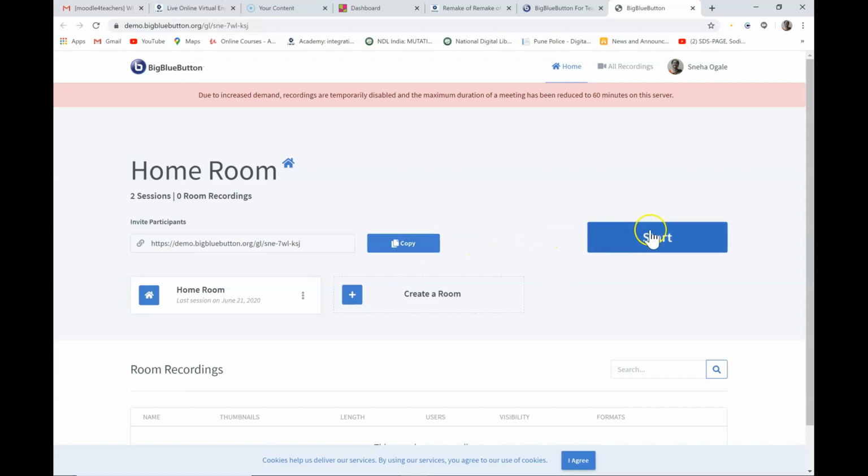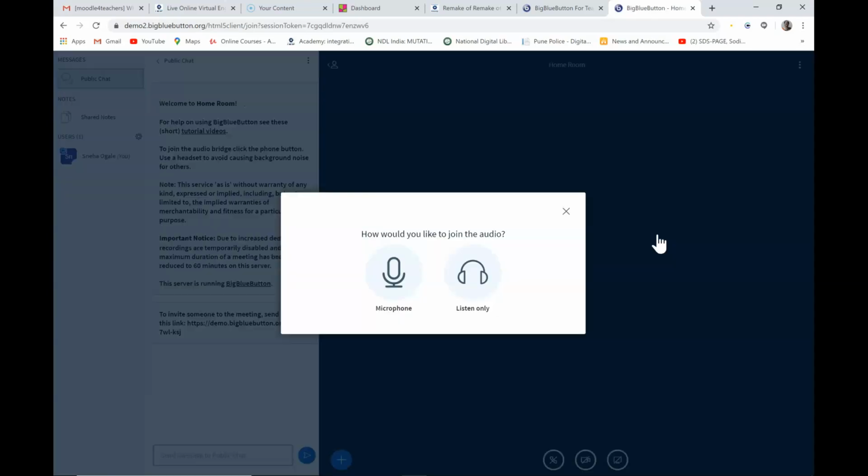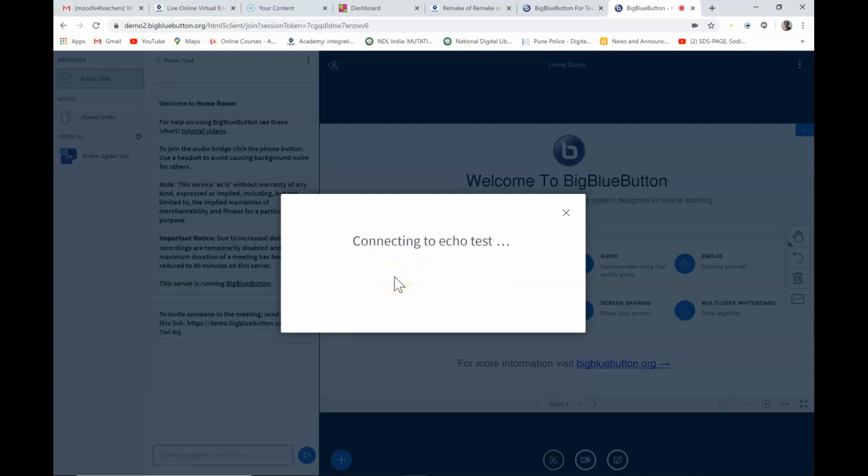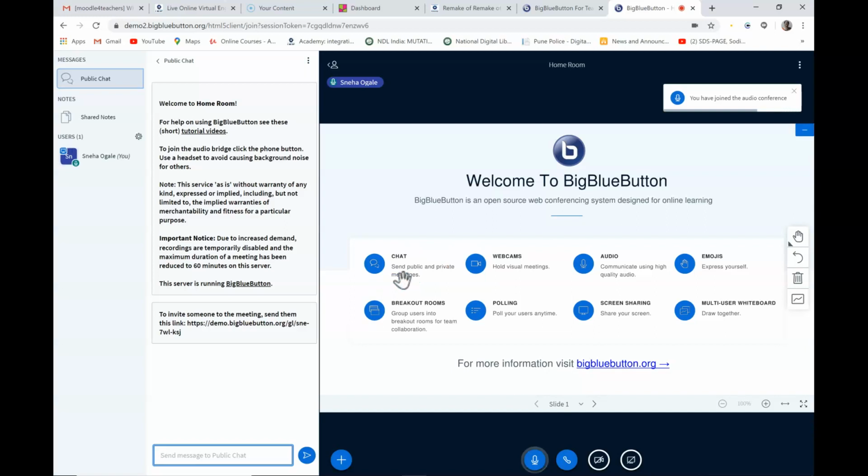If we want to start this instant meeting, we can click over here. Now we'll soon be in the BigBlueButton room. So it asks us whether we wish to join listen-only mode or use the microphone. It's always good to use the microphone in case we wish to, as the teacher will need to talk. You are currently the only person in this conference. So, okay. The participants also need to select the microphone in case they need to ask questions or discuss some